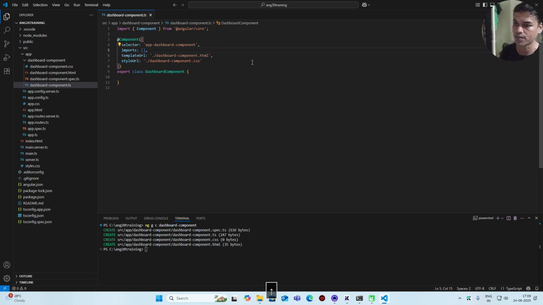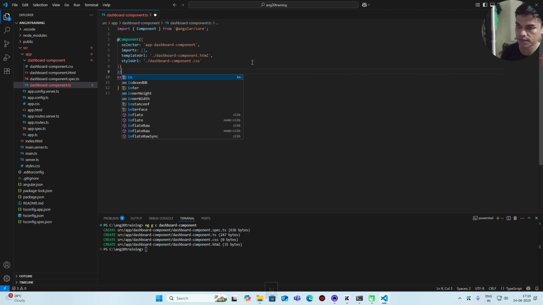Now for standalone, we have to type standalone over here. We'll be doing that afterwards. First, let's create the component. I just want to show you the error which happens if we don't give standalone over here. So for that, we just create the component. So interface,